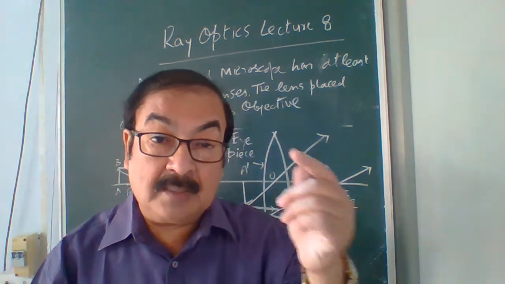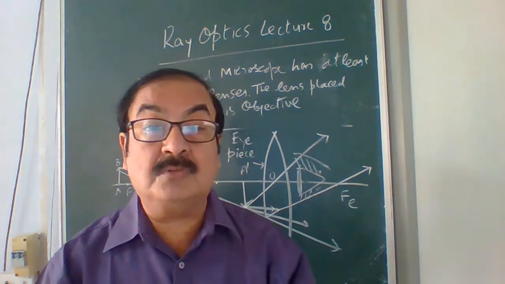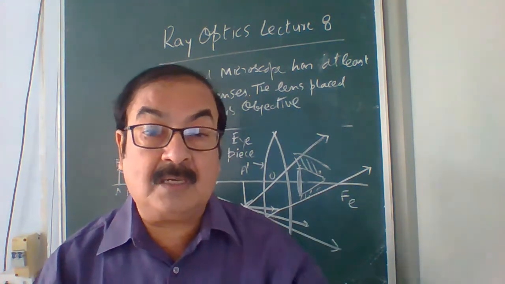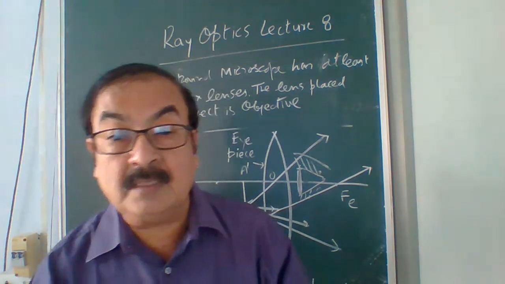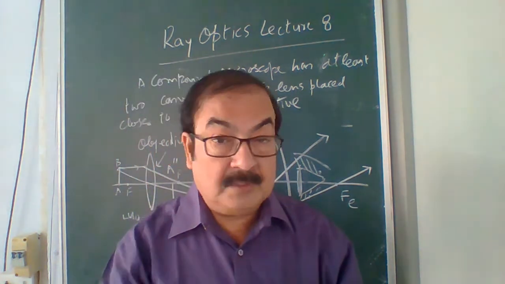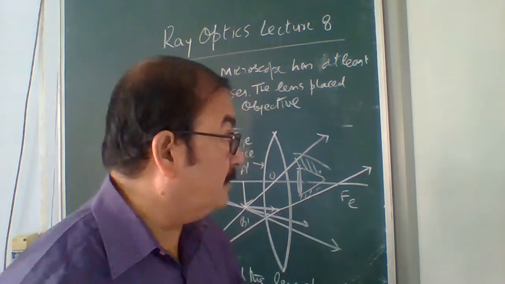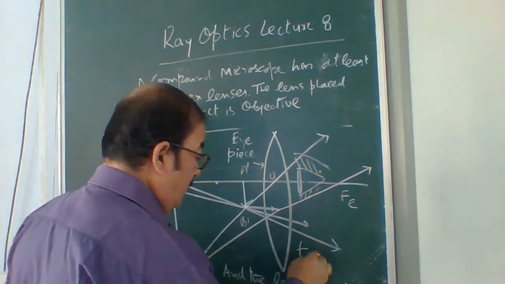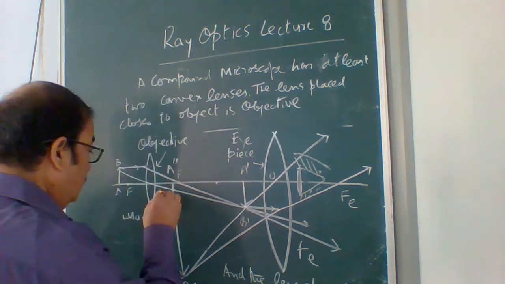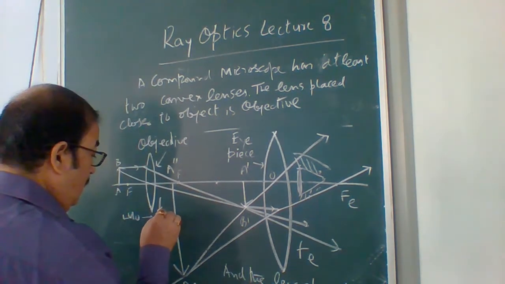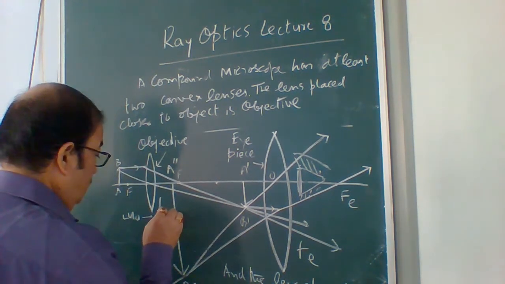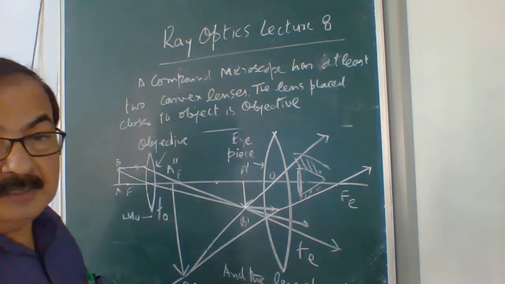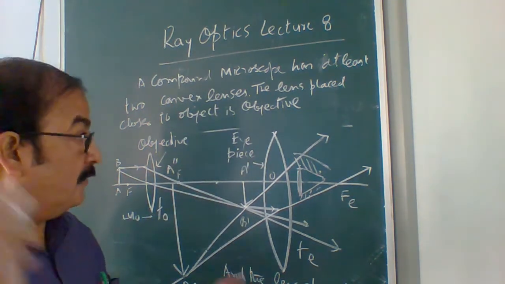Remember. And the lens which is very close to the object, ऑब्जेक्ट के सामने वाले को हम लोग क्या कहते हैं, ऑब्जेक्टिव. ये तो क्लियर हो गया. और दूसरी बात क्या है, इनके फोकल लेंथ को हम लोग कहेंगे f_e, और इसके फोकल लेंथ को कहेंगे f_o. एक हो गया f_e, एक हो गया f_o.